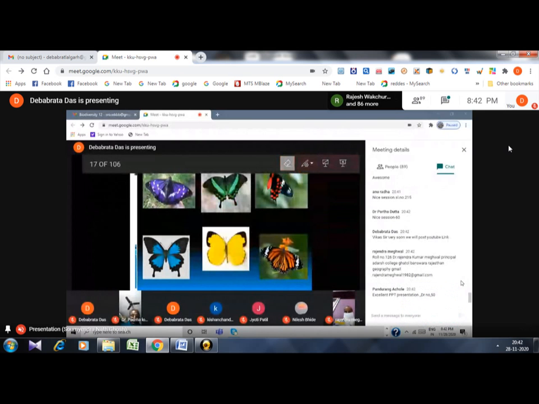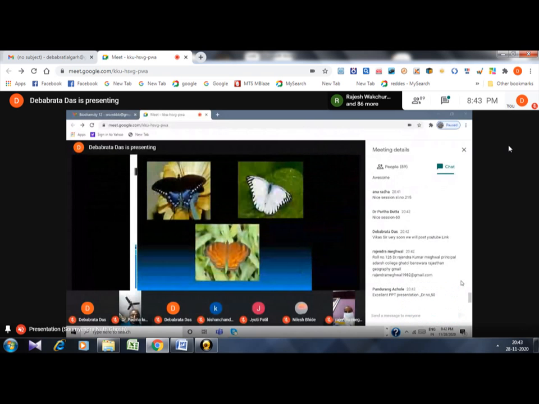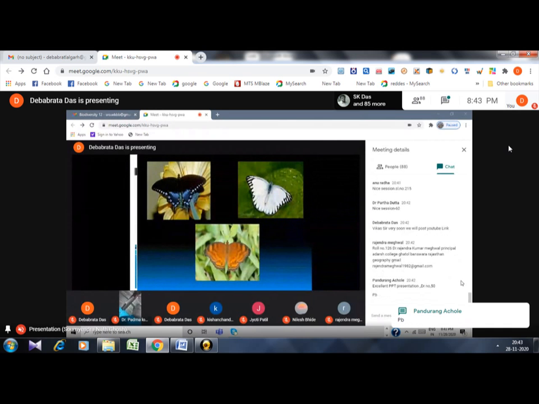Okay, so now we come to the three other neutral colors, black, white and brown. You can find butterflies in those colors also. The black butterfly you are seeing on the upper left corner is the black swallowtail. On the upper right corner you can see a white butterfly, that is the albatross. And on the bottom you can see a butterfly, the chocolate pansy. So as I showed you all the colors of the rainbow and other neutral colors also, it can be concluded that butterflies are varied and have a diverse color range.